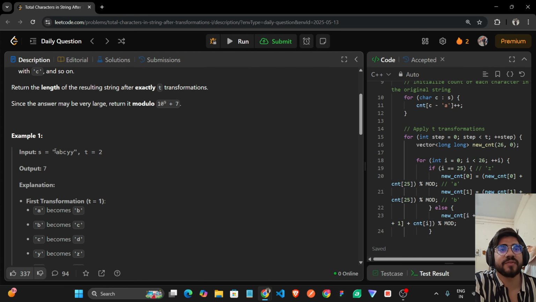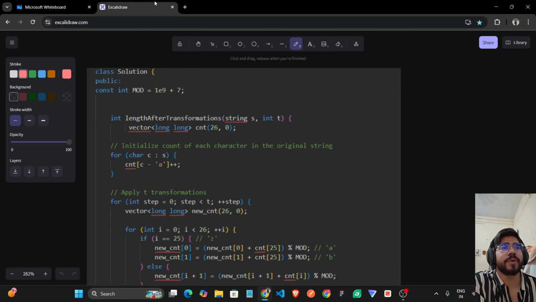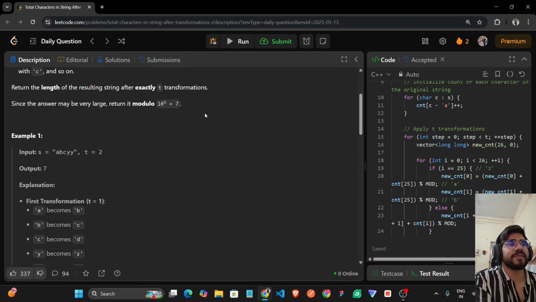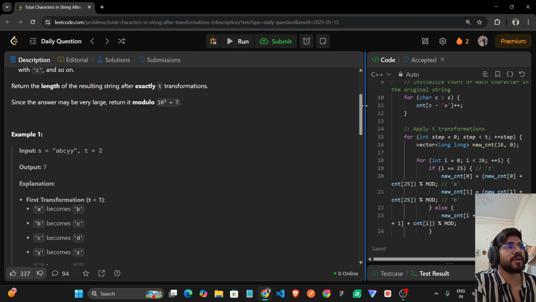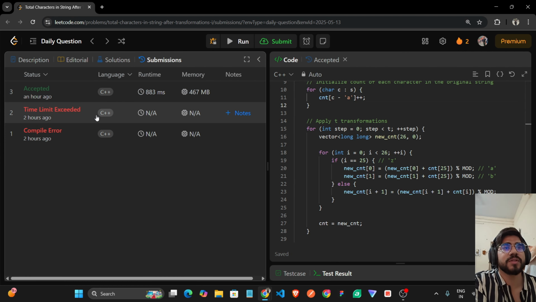If we take the example of a, b, c, y, y, then we can also say a becomes b, b becomes c, and so on. This happens. So if we go to the code part,